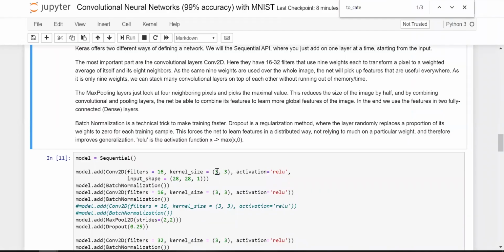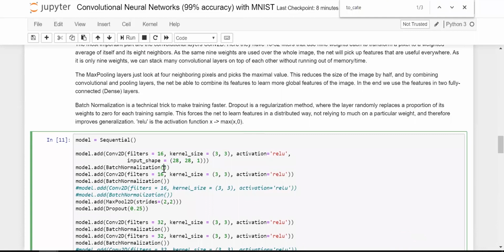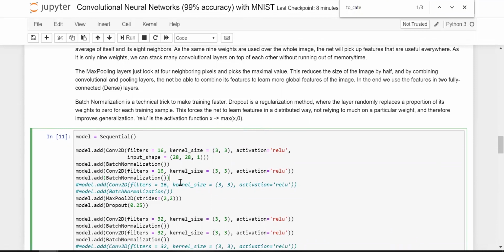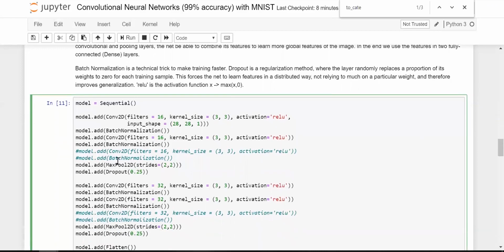So for example, here we have specified a filter size of 3 by 3 and the input image shape is 28 by 28. And batch normalization is nothing but the typical normalization which you saw in ML, in which you just normalize the data. And again, we added a convolutional layer which applies filters upon the input images from the previous one. This means it transformed. Again, we normalize the input images and then we go to max pooling.